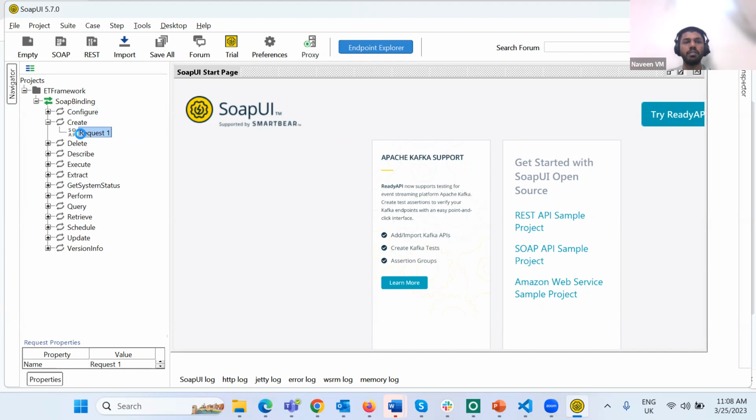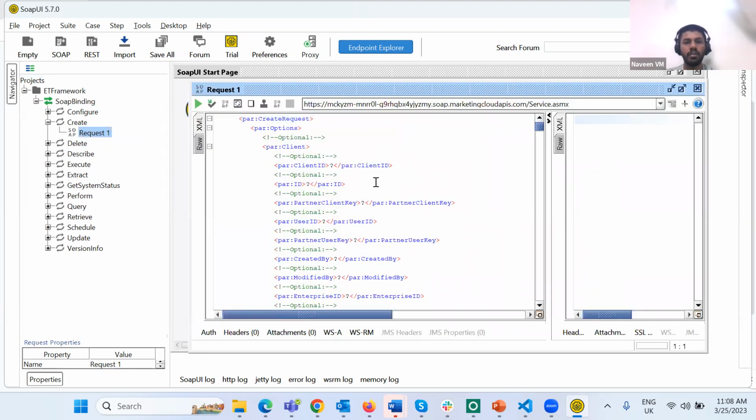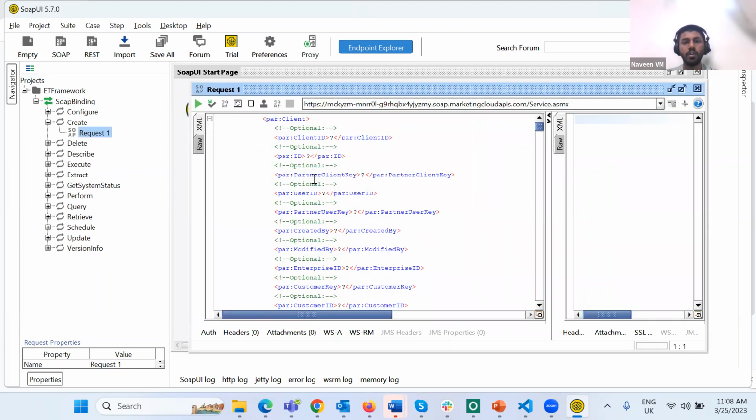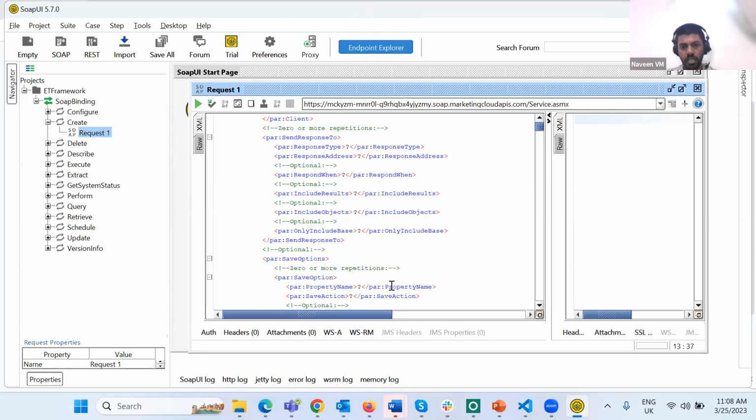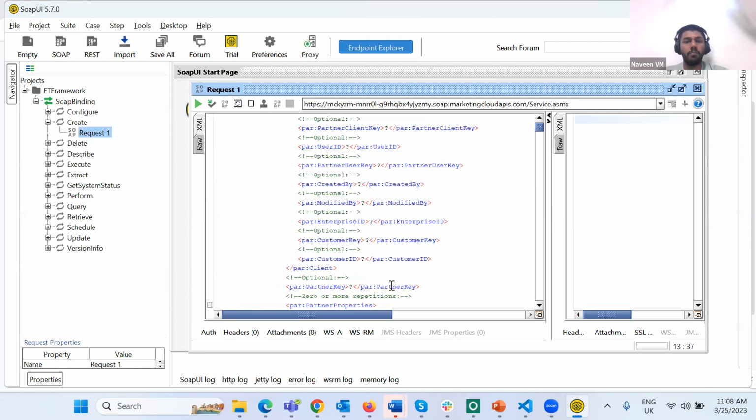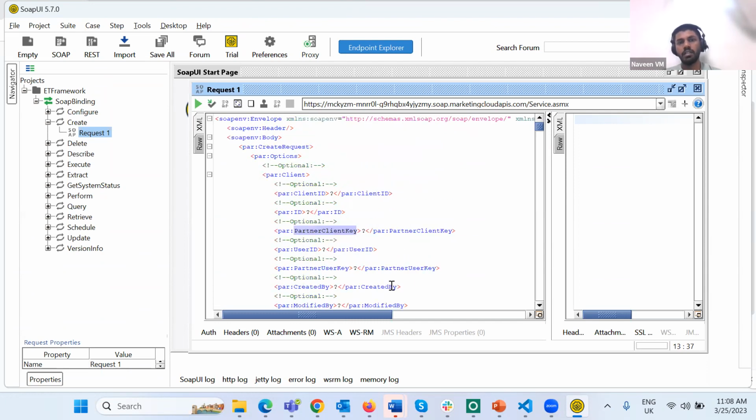So in those scenarios, it just creates. If I click on request one, it will automatically create under the method whatever I need, the client key, user ID, everything. It's just that you need to fill in the values. So you just need to fill in the proper values. Now for this particular demo,